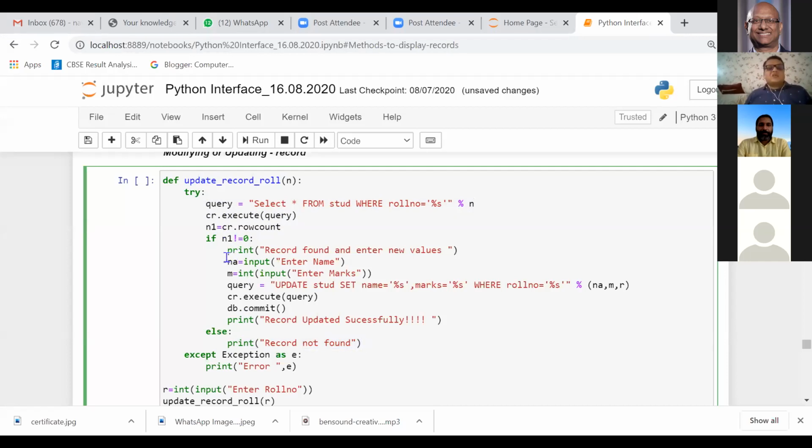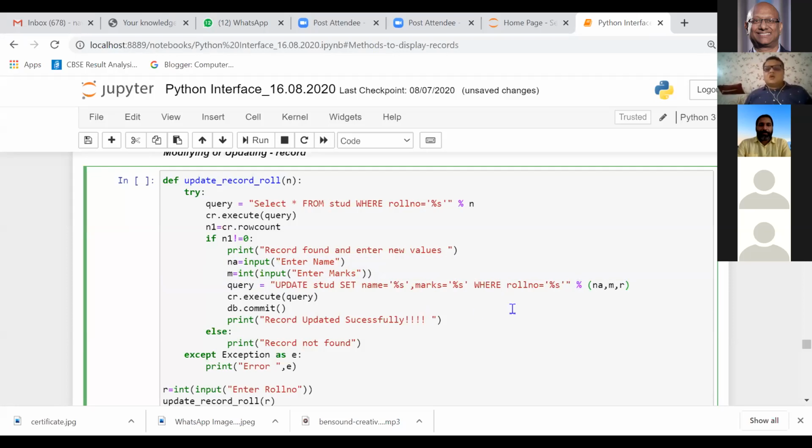And I ask the user to enter the two values, because I don't want the roll number to be changed. Then I write update student name, set name equal to percentage s where roll number equal to percentage s, and then percentage, na comma ma comma r.